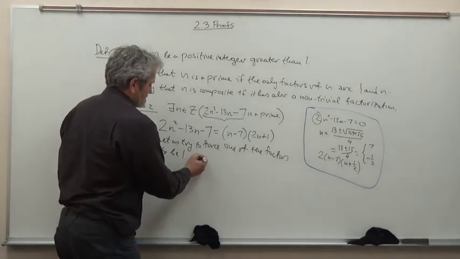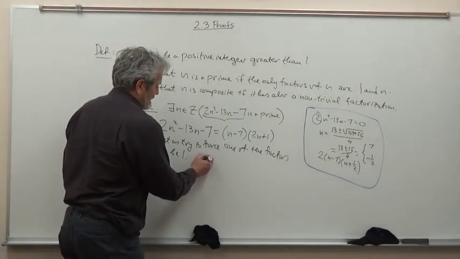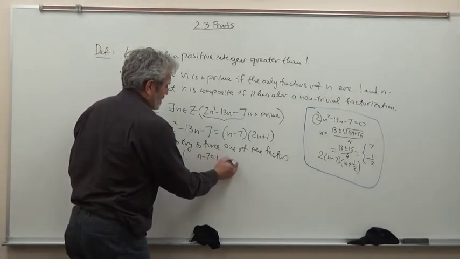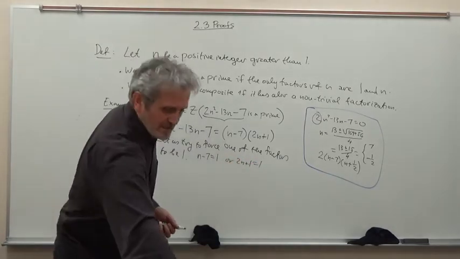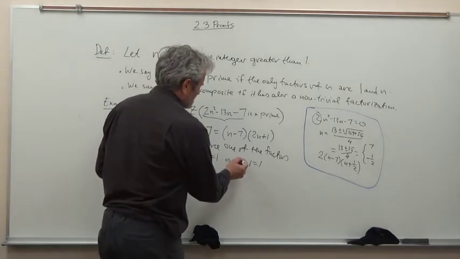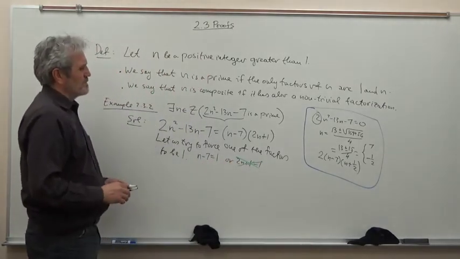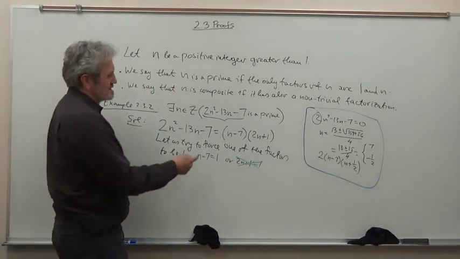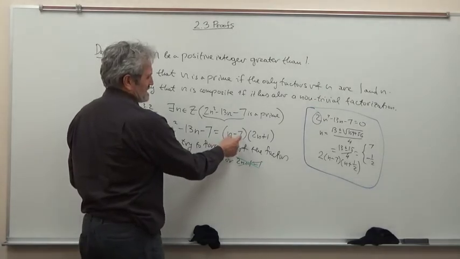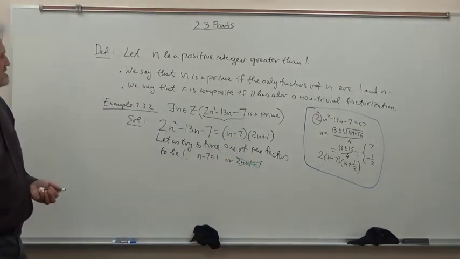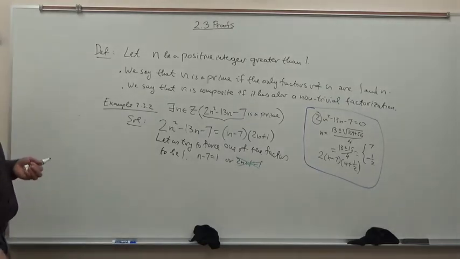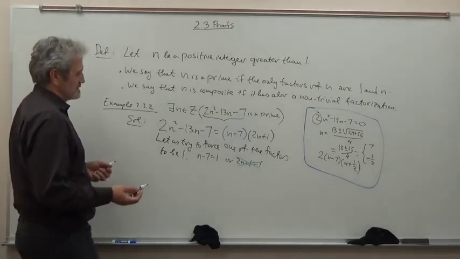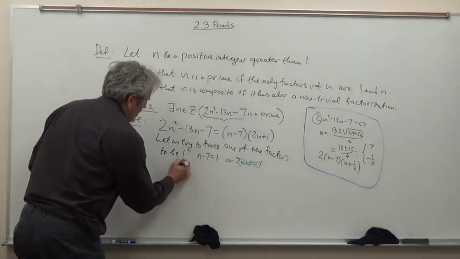So who could be 1? Either n minus 7 should be 1, or 2n plus 1 should be 1. This one will not give us anything. Why? Because it's very easy to see that when 2n plus 1 is 1, then n would be 0, then n minus 7 would be negative, and a negative number is not a prime according to our definition, so that will not work. So basically what it tells you is that our only hope